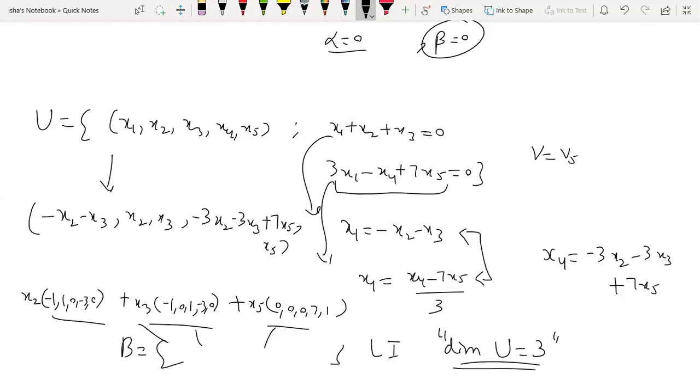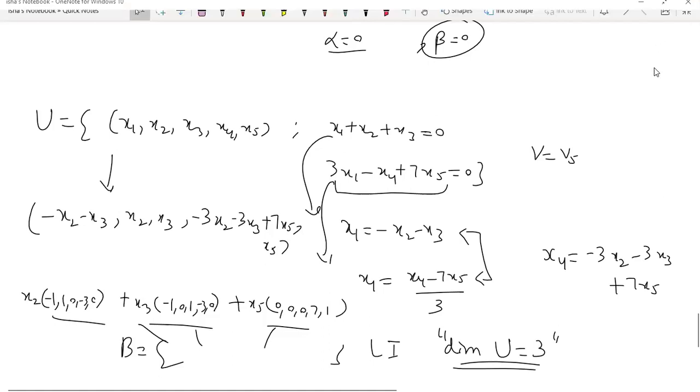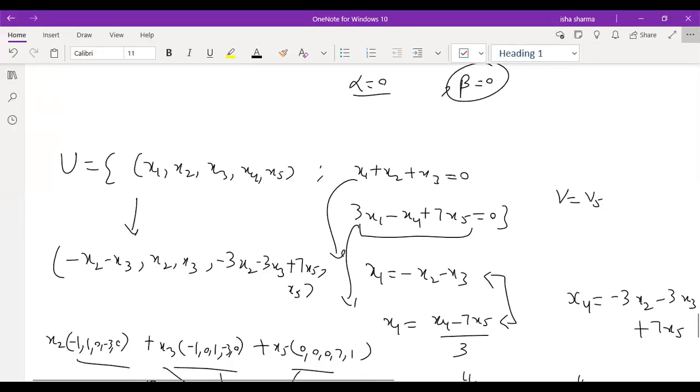Right, so that was a similar question. I have tried to cover almost all kinds of questions because in your tutorials you won't have time to solve the questions yourself. That's why I have almost covered the tutorial sheet. So we are left with just one last lecture, that is tomorrow's lecture.